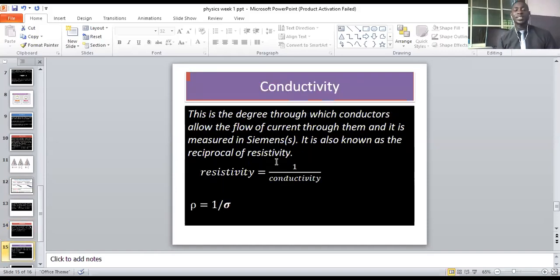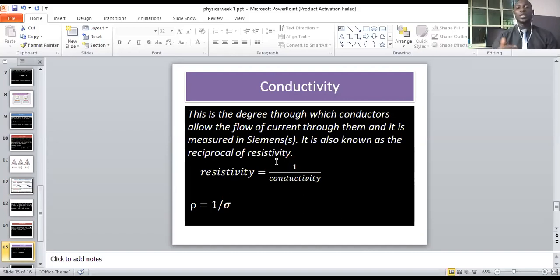So we go to the next subtopic, which is conductivity. Conductivity is the opposite of resistivity. It is the degree through which conductors allow the flow of current through them. The ability, the capacity of a material to allow the flow of electric current through it is called conductivity. You can see it's opposite to what we define in resistance and resistivity. It is measured in Siemens. The unit of conductivity is Siemens. You know, the unit of resistance is ohms. The unit of resistivity is